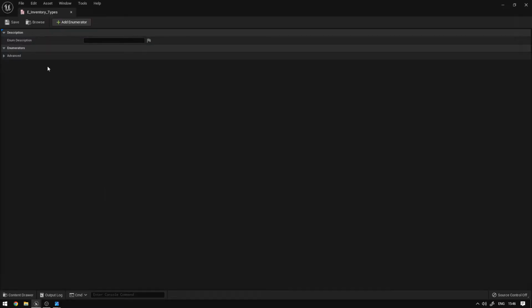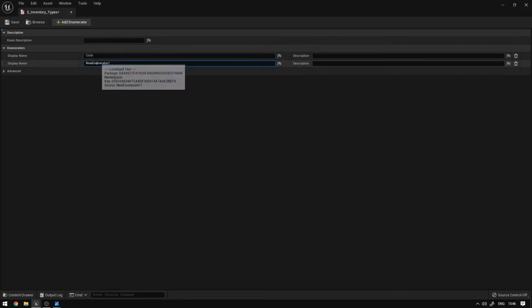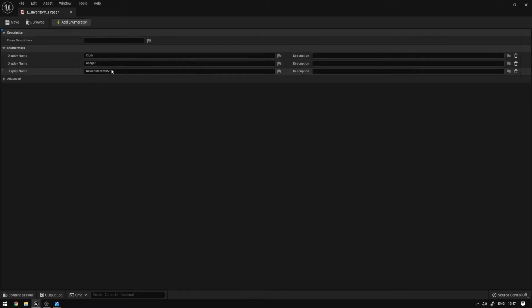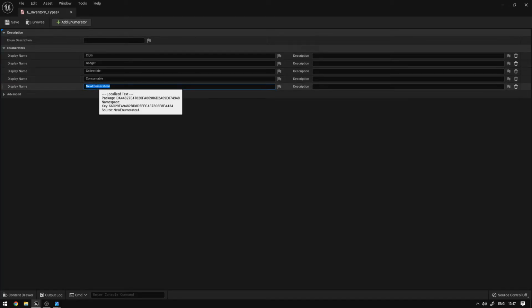Open it up, and here we're going to add a new one, which will be like cloth. We can have gadgets, we can have collectible, a consumable, we could have a primary, a melee weapon,